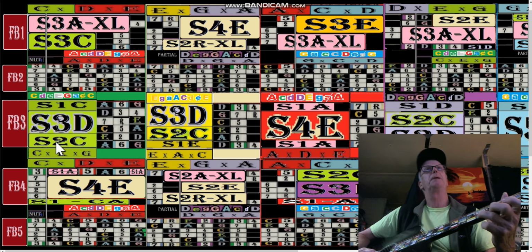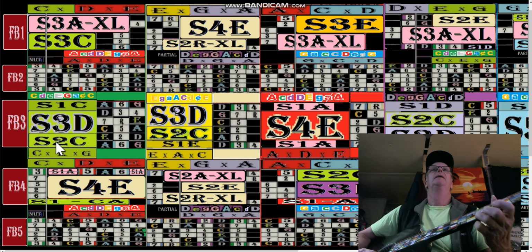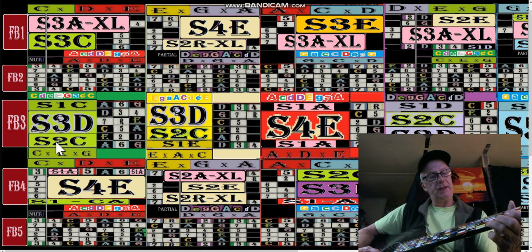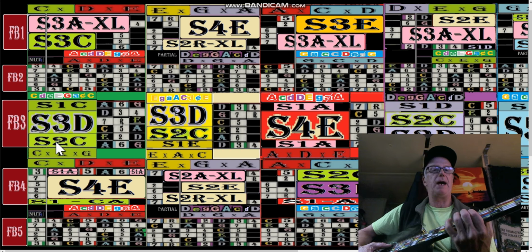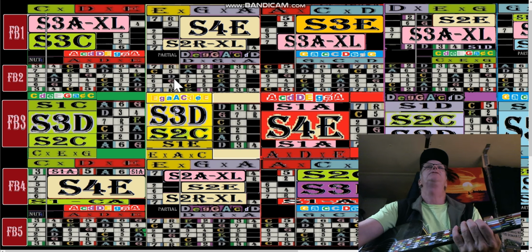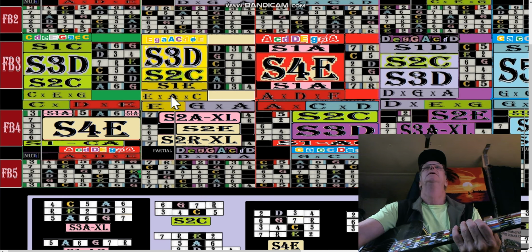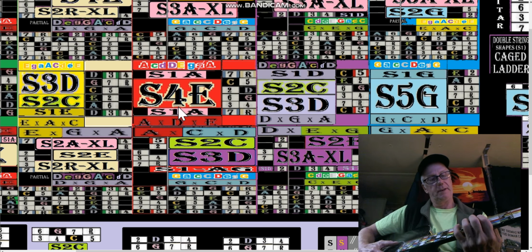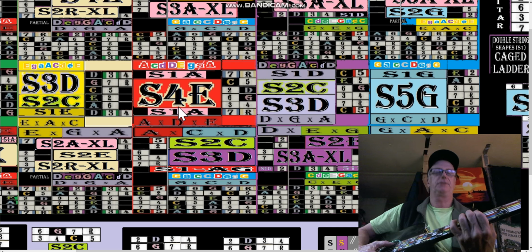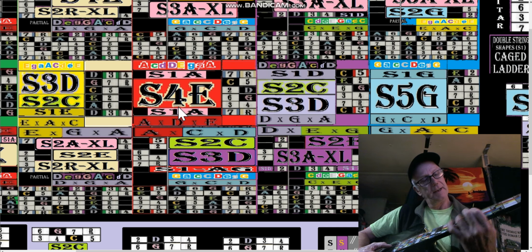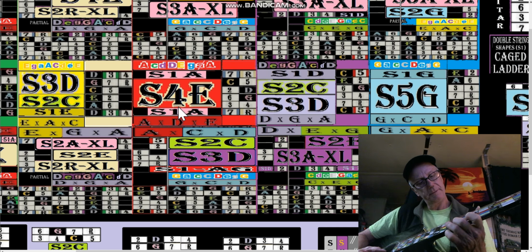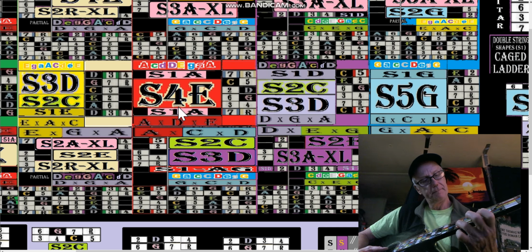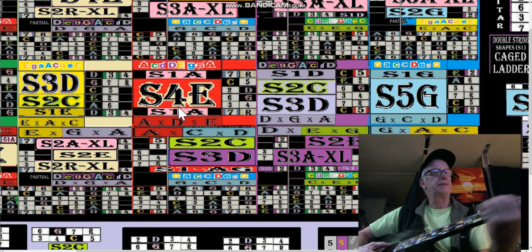Okay, so that would be the same as playing an A-shaped short pattern up here. Now the A-shaped short pattern is right here. S1A is just like here, and then warp it up. Okay, that's the same as